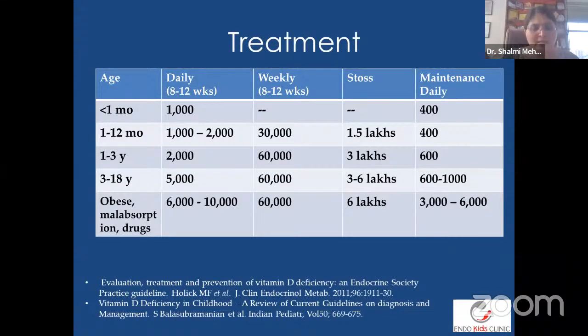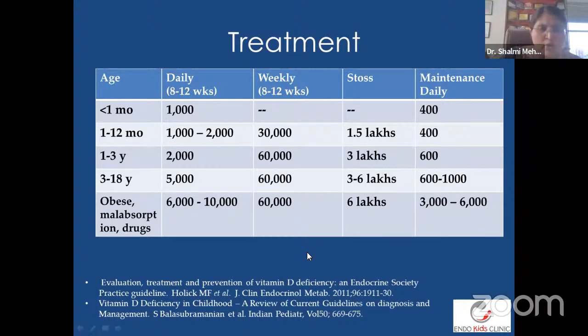How do you treat vitamin D deficiency? Now, here I want to give an important message: for the younger babies, when they come to us with severe vitamin D deficiency or rickets, we will prefer not to give them large doses of vitamin D, right? So especially for the younger babies less than 1 year, we would avoid giving them 60,000 units per day or per week. Rather, we give high doses daily, and then we switch to a maintenance dose so that deficiency doesn't happen again.